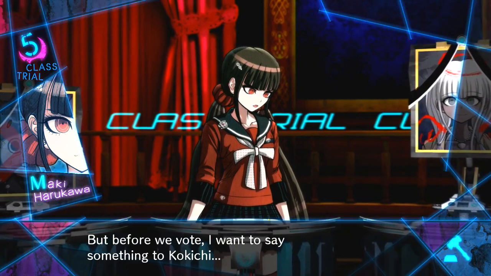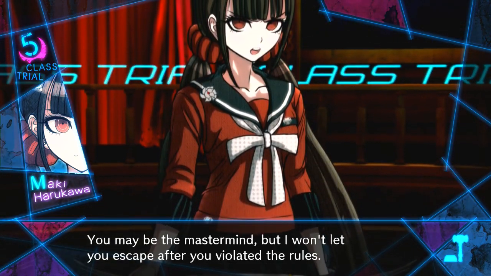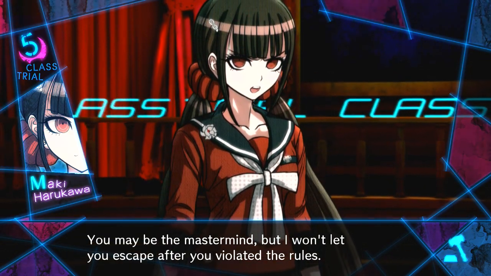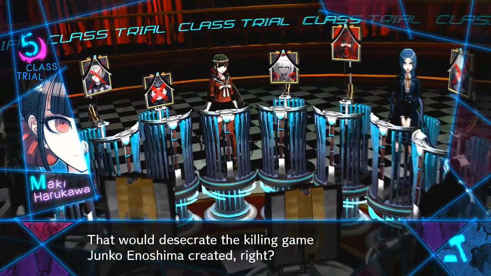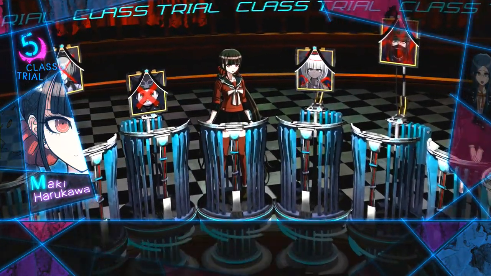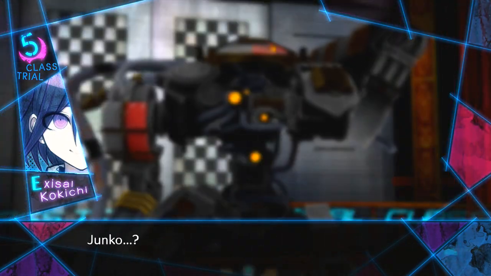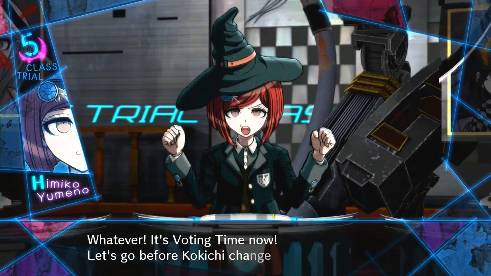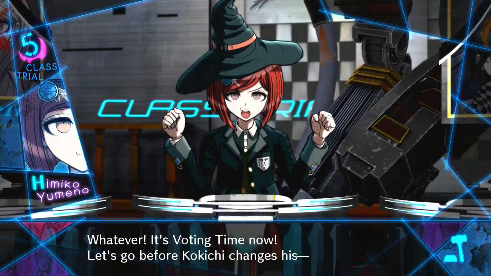But before we vote, I want to say something to Kokichi. You may be the mastermind, but I won't let you escape after you violated the rules. That would desecrate the killing game Junko Enoshima created, right? Your beloved Junko Enoshima. Junko? Whatever. It's voting time now. Let's go before Kokichi changes his...